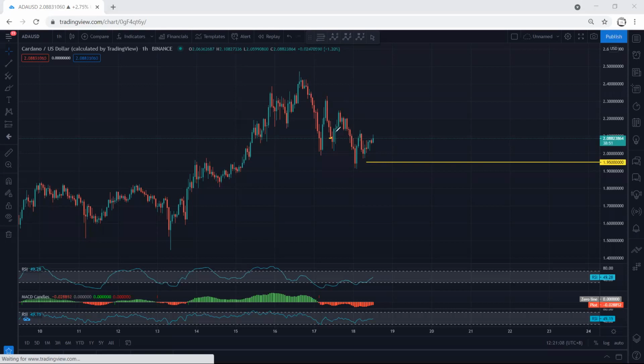Before we got the reversal, the price reversed, but there was no trade setup, and we are within this move. That means we didn't get any trade setup for buy. And as we mentioned, what we expected was that the price can drop to 1.95. As we can see, the price tagged it and reversed. Now, we want to see what's next.